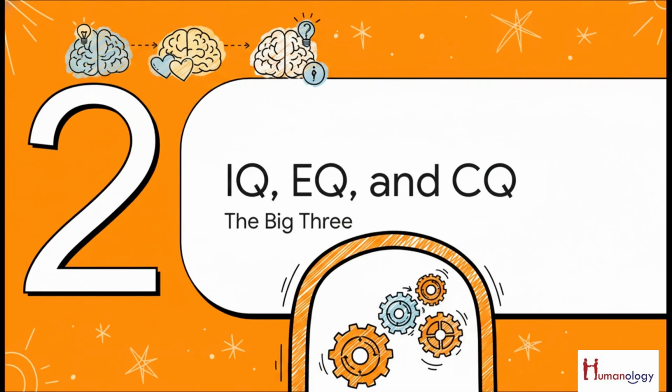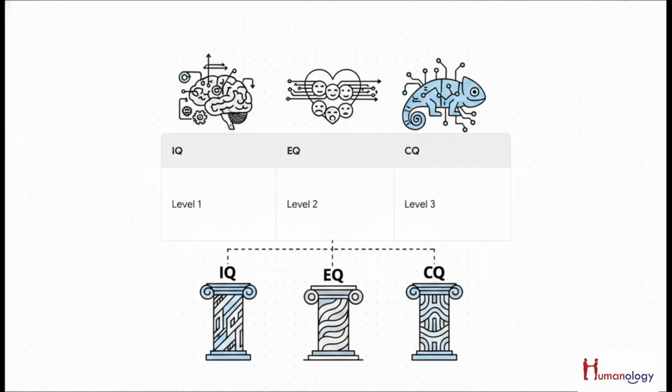Okay, let's dive right into this with Section 2, the Big Three: IQ, EQ, and CQ. The source material makes a really specific point here by separating these acronyms. You simply cannot evaluate human capability through just one lens. Think of these as separate pillars holding up a building. First, you have IQ, your intelligence quotient. That's your cognitive processing, logic, analytical problem solving, the classic stuff. Next, there is EQ, emotional quotient. This is your ability to navigate emotions, build empathy, and manage tricky interpersonal dynamics.